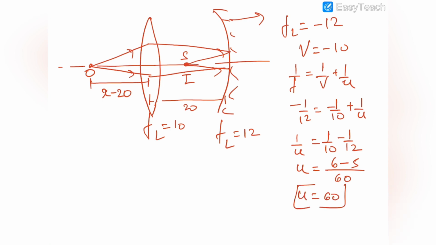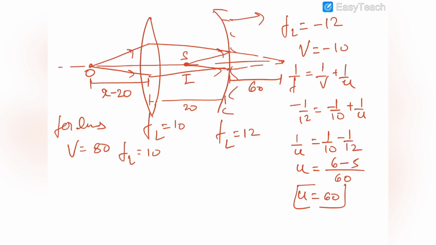So u is plus 60, which means that this lens would be making the image at this distance of 60. Now for the lens, let us find out the u, and afterwards we'll equate this u to x minus 20. So for the lens, v is equal to 80, this is 20 plus 60, and the focal length of the lens is 10. So 1 upon f is equal to 1 upon v minus 1 upon u, and 1 upon 10